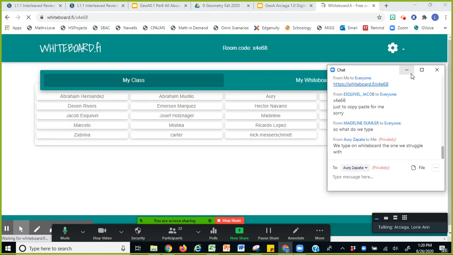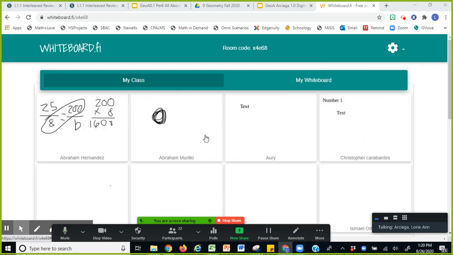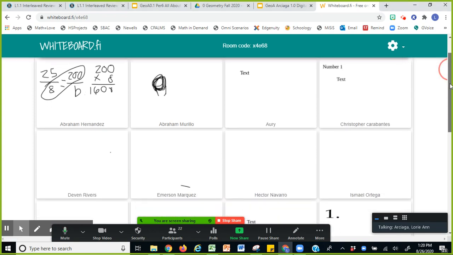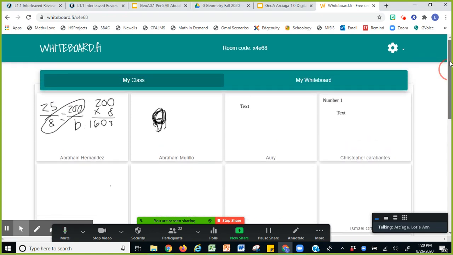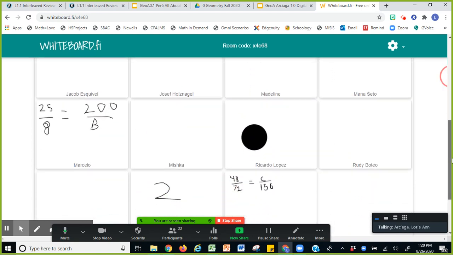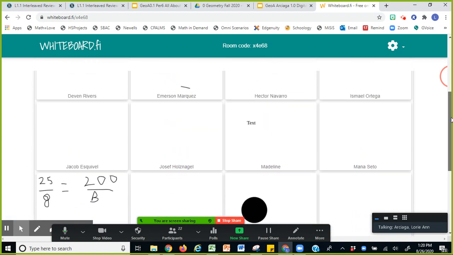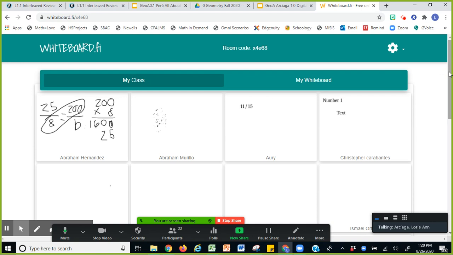Yeah, we type on the whiteboard the one that we struggle with. Sure, no worries. I would love that actually, just so we can talk about it. I did not even think of it that way. Yeah, and if you're not comfortable, I can actually hide the names also on the whiteboards if you don't want your names to be displayed. Yep. All right. I can see that you guys are writing the problem that you chose. That's cool.